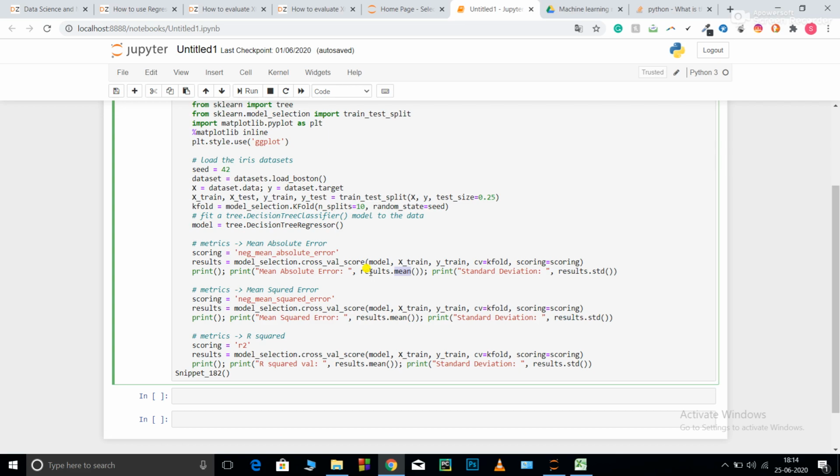So what will be my final output? 2 minus 5, that is 3 to the whole square, plus 3 minus 5, that is 2 to the whole square, that is 13 by 2, 6.5. So now model, x_train, y_train, cross validation is equal to 10, scoring is equal to neg mean squared error. Now result.mean, again result.std.